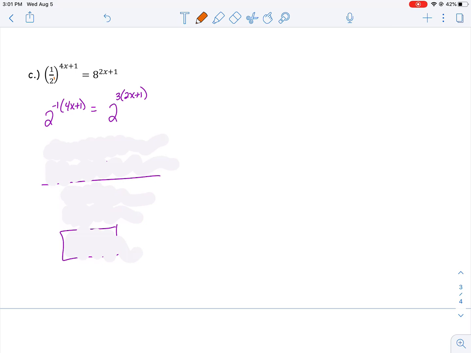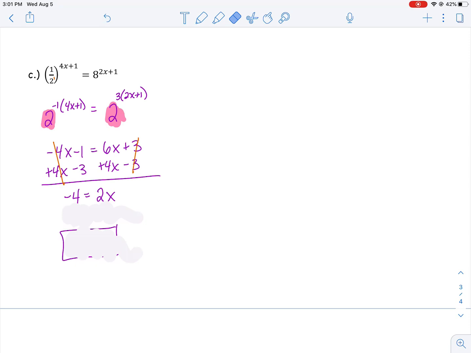And then 8 is the same thing as 2 cubed. And if you've noticed, that allowed me to make both of my bases just regular whole 2s. Since my bases are both 2s and they're equal, then my exponents should be equal now. So now I can take my exponents and set them equal to each other. I can distribute the negative 1 through, and I can distribute the 3 through. For my next step, I added 4x to both sides, and I subtracted 3 from both sides. I ended up getting negative 4 equals,